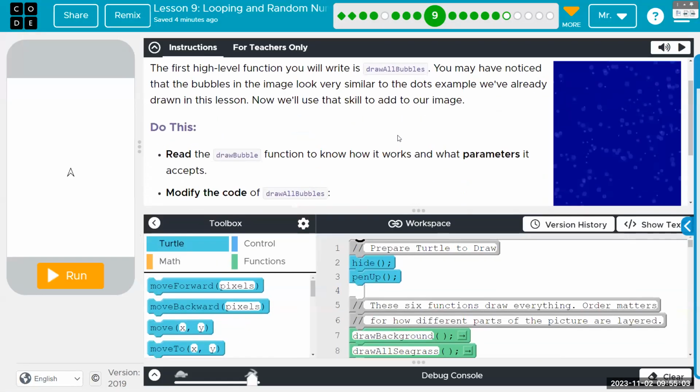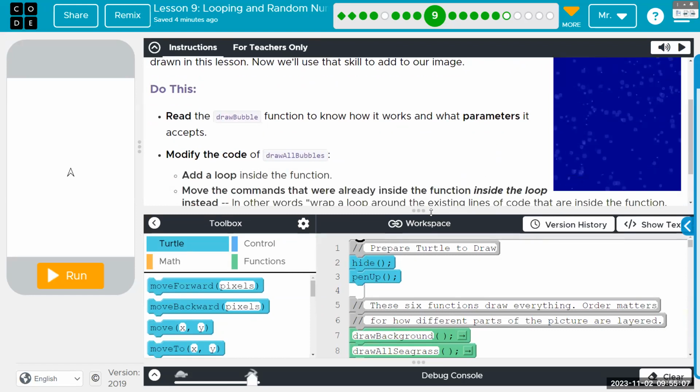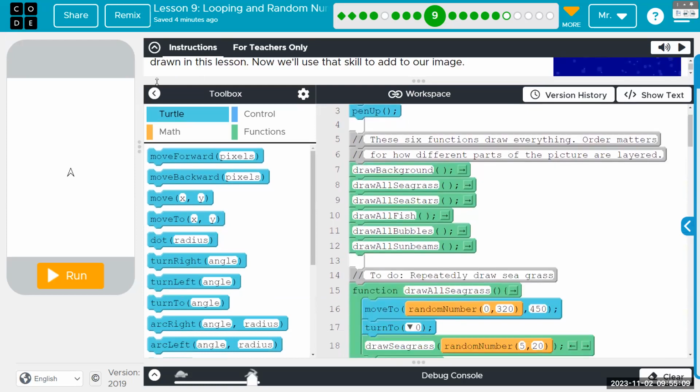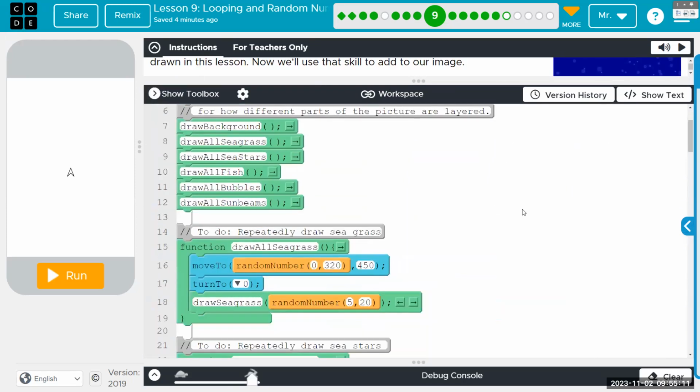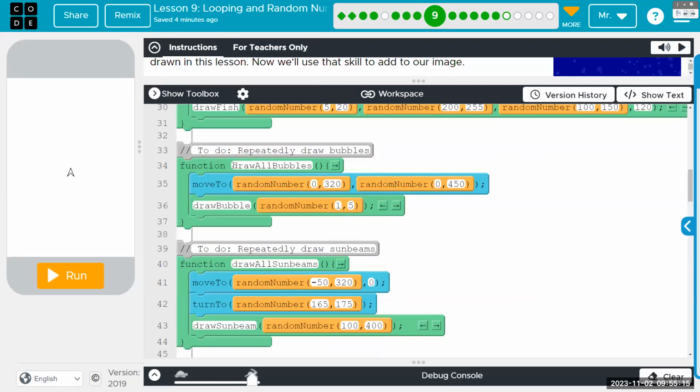All right, so the first one we're going to add to is the bubbles. Let's look at the high level function, draw all bubbles, on line 34, and it picks a random location with the full screen range, and then it calls draw bubble.